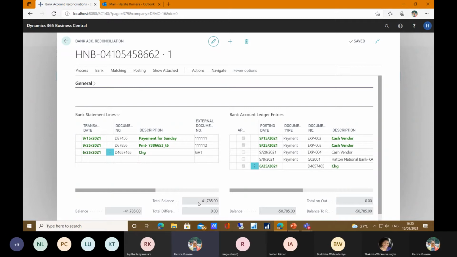But of course, in your October month, you can post anything using general journal or any finance related module, and you don't need to worry about later check returns and all. Okay, I will post the bank reconciliation.